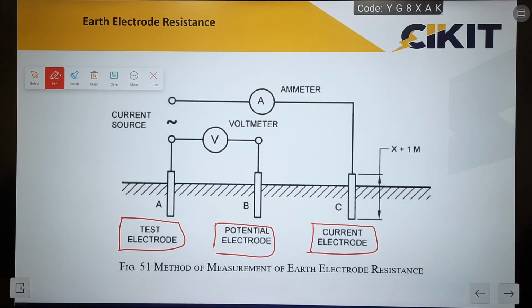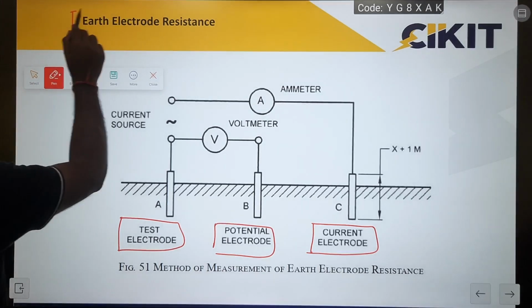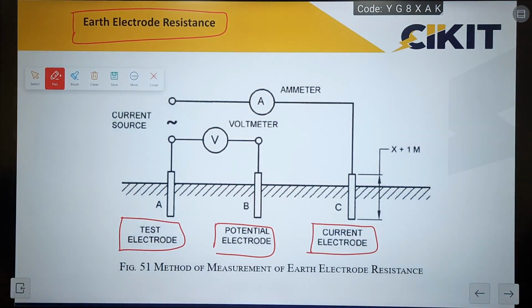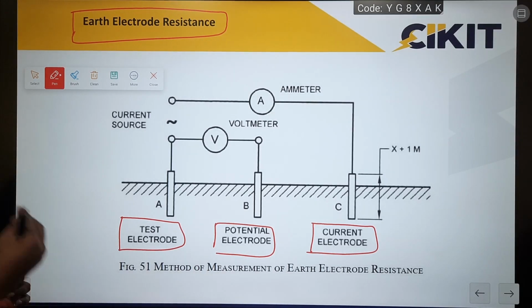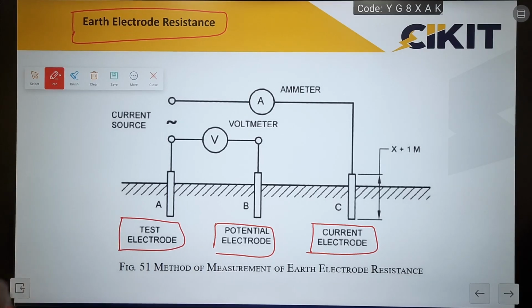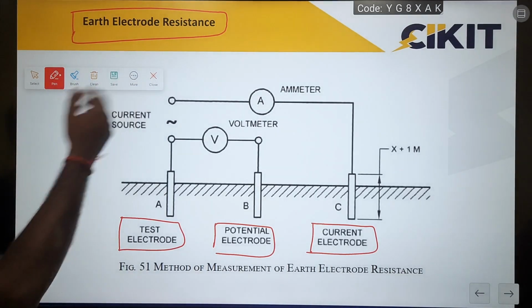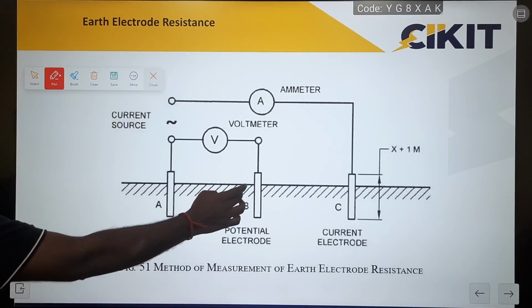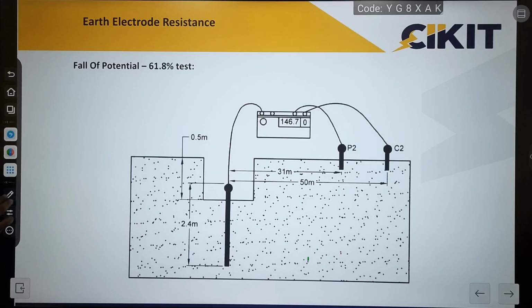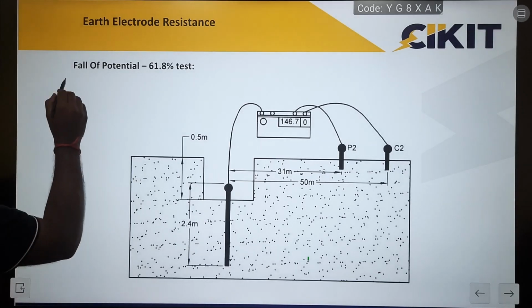We need to remember that the earth electrode resistance is electrolytic in nature. So while measuring the earth electrode resistance, we are measuring the electrolytic resistance and not the ohmic resistance. Since we need to measure the electrolytic resistance, we need to inject the current into the ground and check the voltage drop. The ratio of the voltage drop and the current provides the resistance value. The standard has provided different methods for performing this test, and the most commonly used method is the fall of potential method, that is,